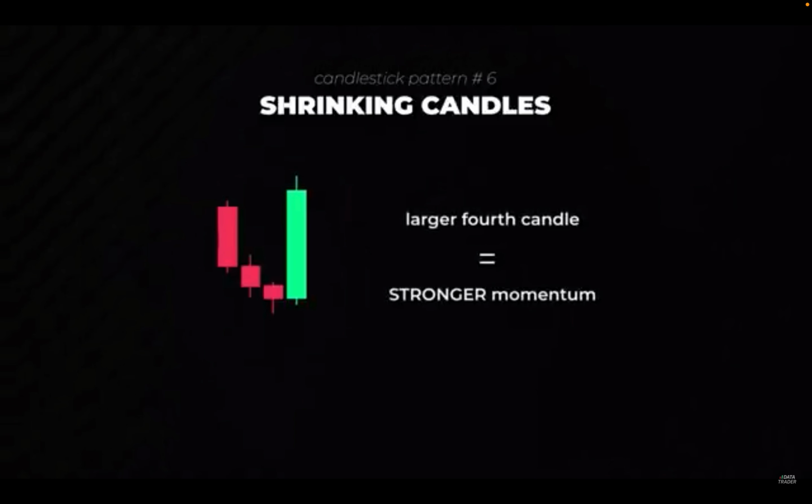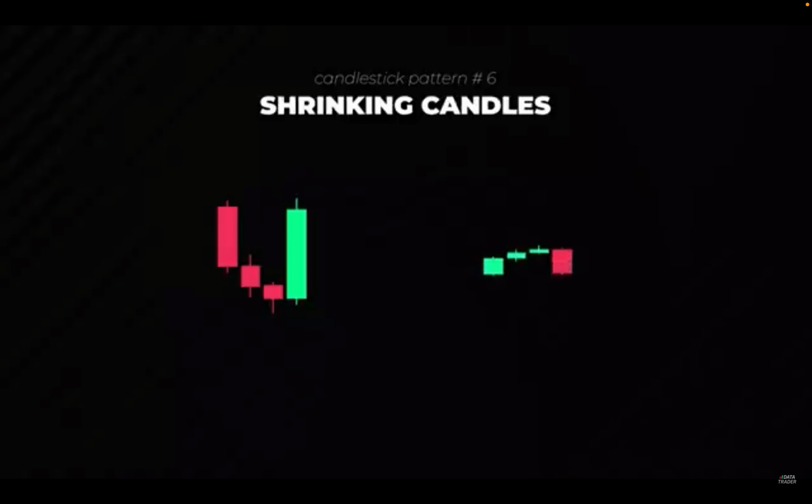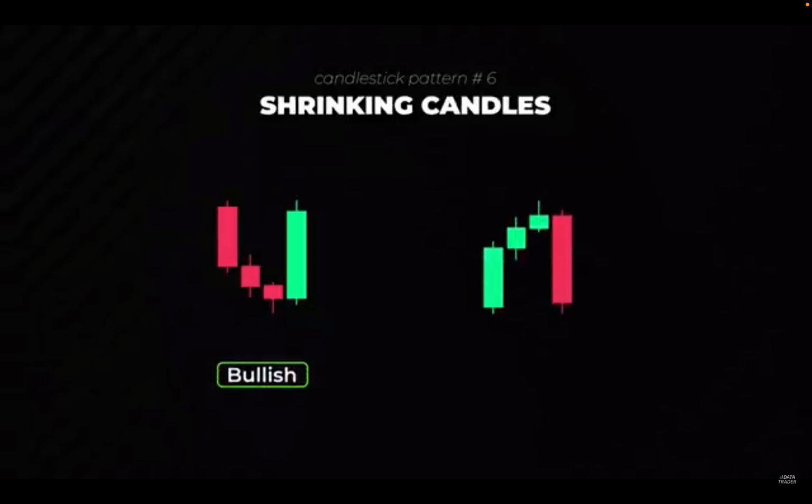I recommend looking for a pattern where the 4th candle closes above the 2nd candle. There are 2 types of shrinking candles: a bullish shrinking candle pattern, where the 3 shrinking candles are red and the 4th candle is green, and a bearish shrinking candle pattern, where the 3 shrinking candles are green and the 4th candle is red. Whenever you see this type of pattern on a chart, it signals a possible reversal of